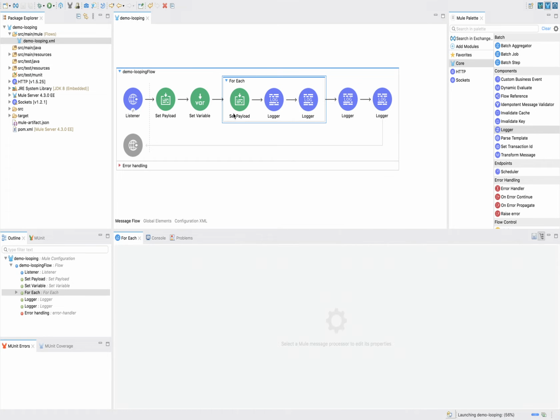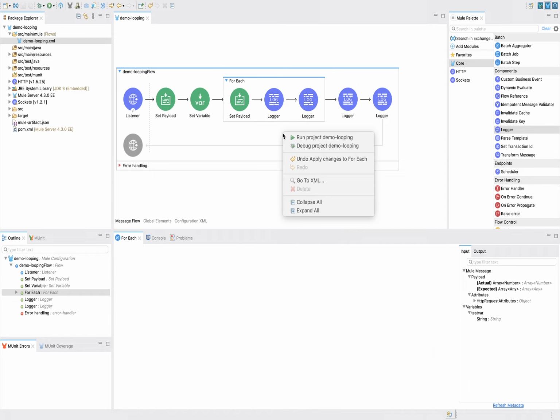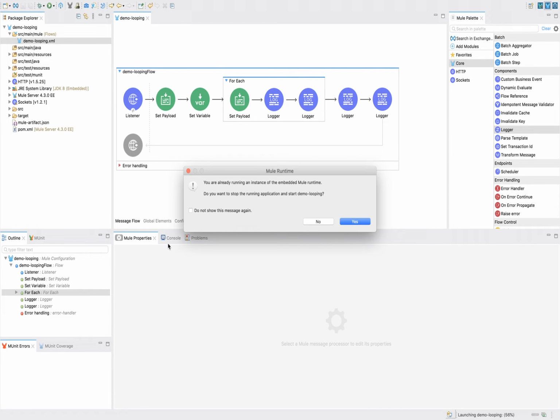Oh, for each we haven't defined the collection. So this collection will contain payload. Okay, on batch size also we will see. First we will see batch size equal to 1, then we will see other scenarios.